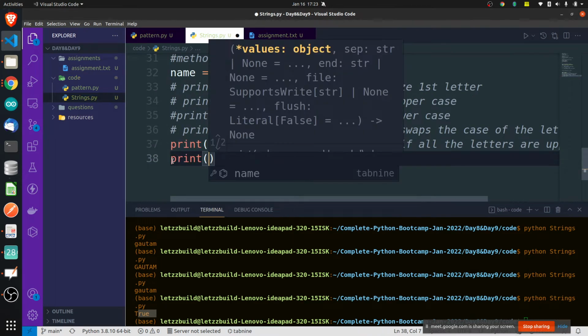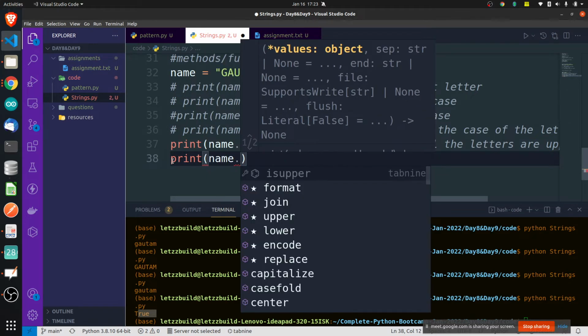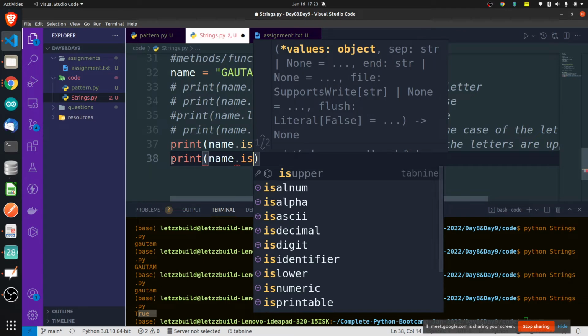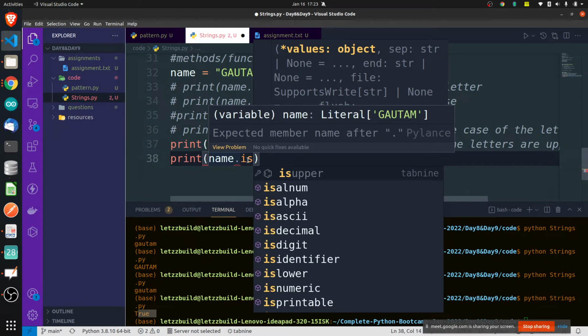Print name dot is lower. Yesterday I told you, right, that using the dot operator you can access all the functions available on that particular string or that particular list. Yesterday we were talking about lists, doing list dot append, dot remove. So dot is an operator which we use to access all the methods available for that particular string.